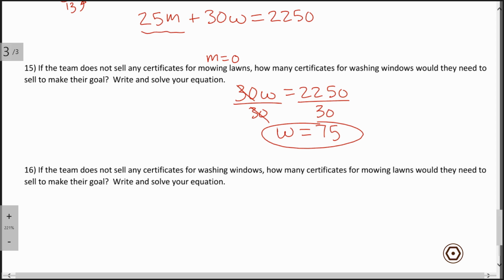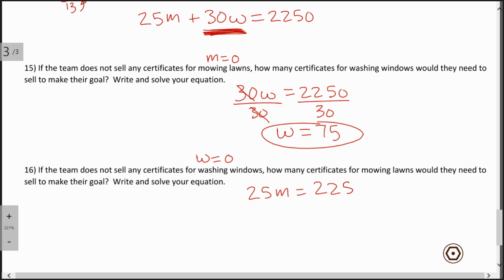Last question, number 16. If the team does not sell any certificates for washing windows, translation, the W is not. There's nothing there. They didn't sell any of the window washing certificates. People just want the lawn mowing to happen. How many certificates for mowing lawns would they need to sell to make their goal? Okay, now you can see the differences before, right? The 25M went away, but now that W is 0, this 30W is going to be completely gone. So what we're looking at here is 25M equals